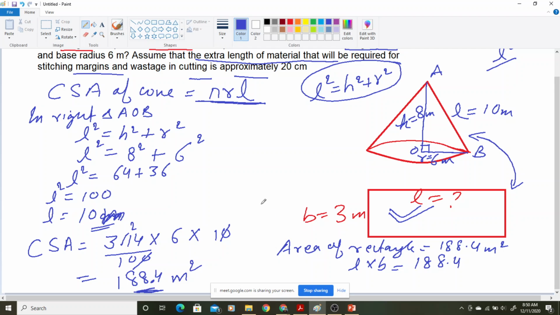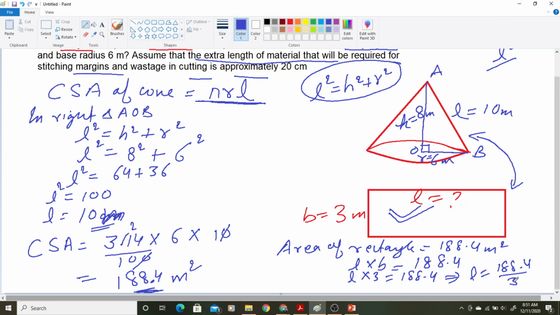Okay, we are using L into B equal to 188.4. That means B is given to us. B is given, it is 3. So L multiplied by 3 equals 188.4. Then this 3 will go into division. So L will be